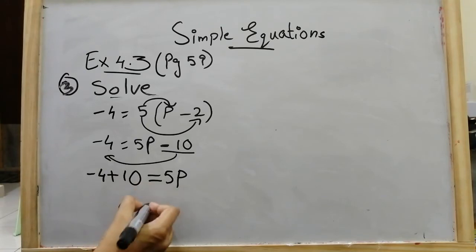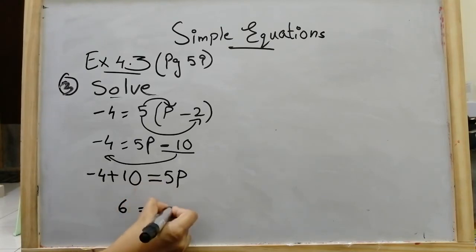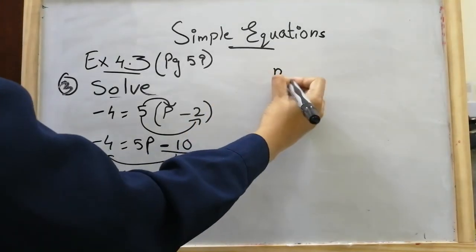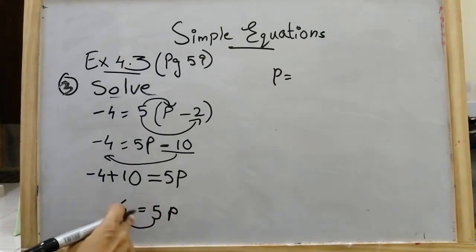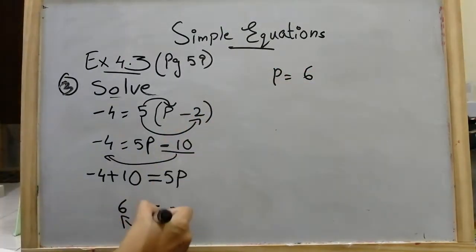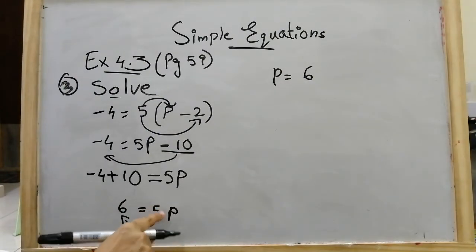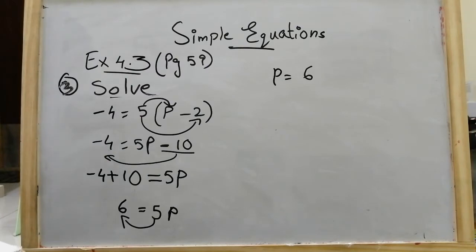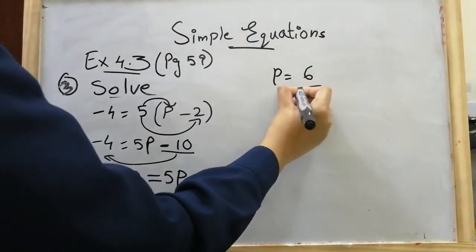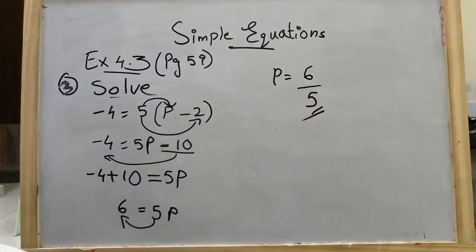You got the answer 6 is equal to 5p. Now what is p over here? Let's make the numbers together. Write 6 as it is, and since it is nothing, it means it is 5 multiplied by p, and multiplication when taken to the other side of the equals sign becomes a divide. So p is equal to 6 by 5, and this is your answer. Okay, this is your answer.